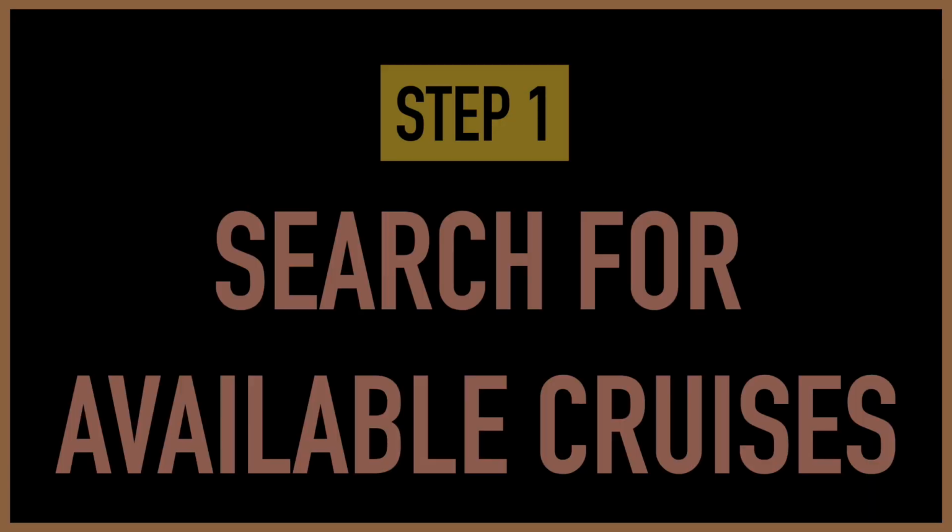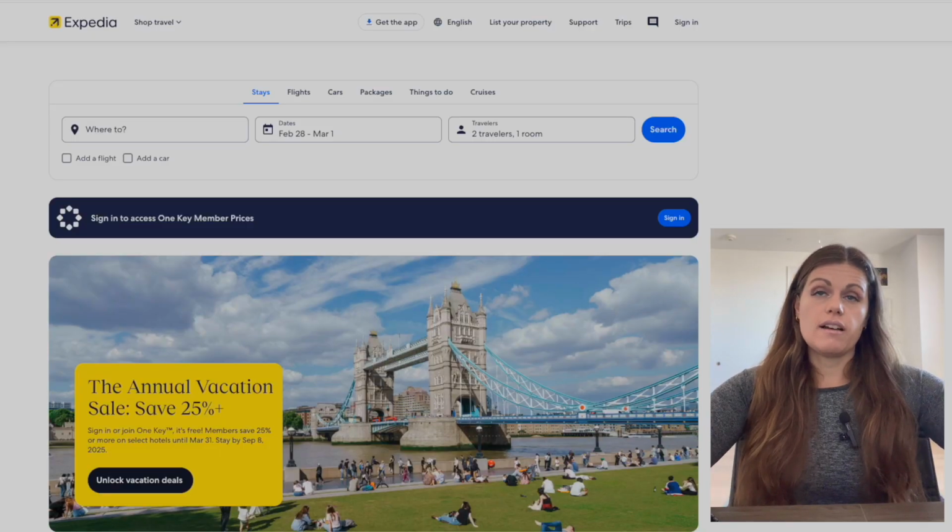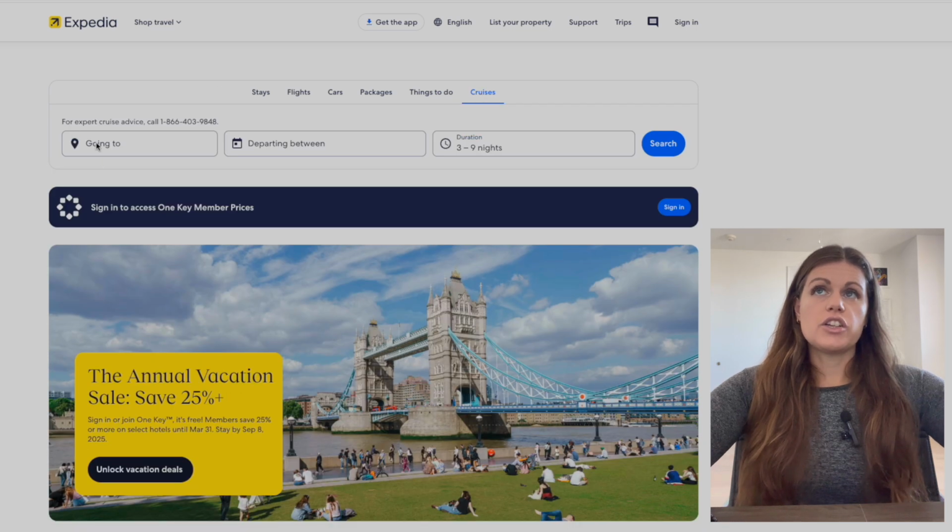The first step is to search for available cruises. You need to use a search engine site to figure out what's available for your dates, budget, location, and more. I like to go to Expedia Cruises, but you could use Priceline, Vacations to Go, Cruise Critic, or many others. Once I'm on Expedia.com, I'm going to go up and choose cruises. The first option is going to